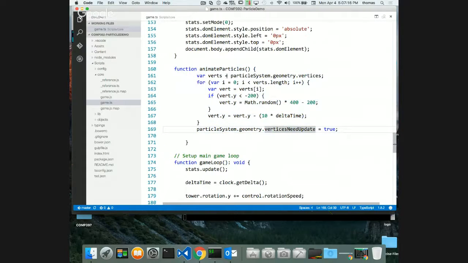And what I'm doing here is I'm saying, take the vertices array and loop through it. For each vertex, I'm saying move them minus 200. This is my boundary check. If the y of my particle, so where it is in space as it moves down, because they're all going to fall,